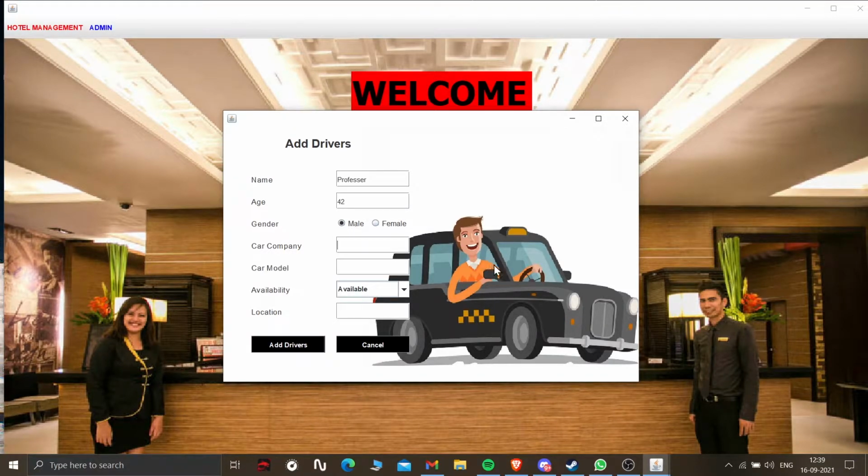The car company he's using, BMW. Tesla. Tesla's new model is Model S, Plaid. Location, let's say Tokyo.